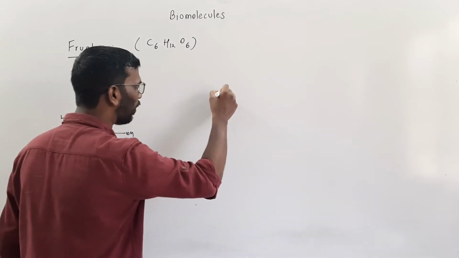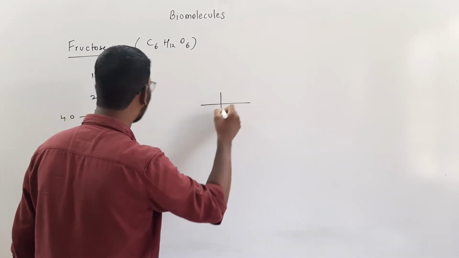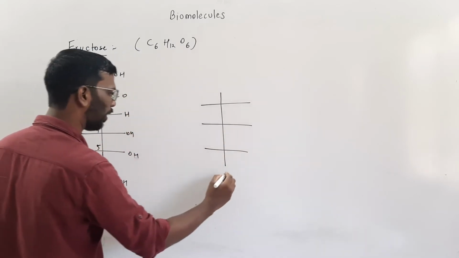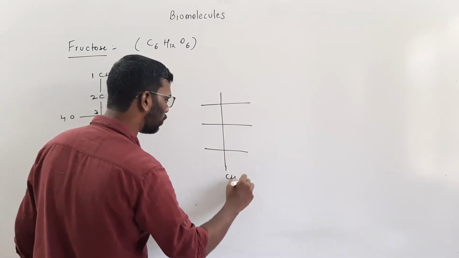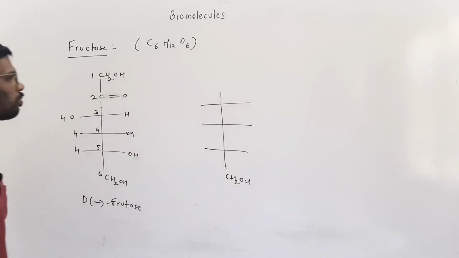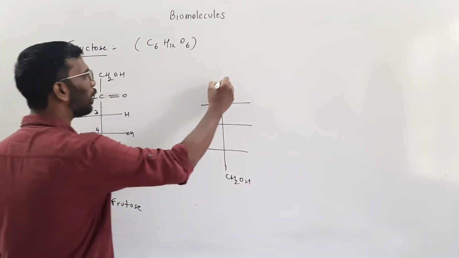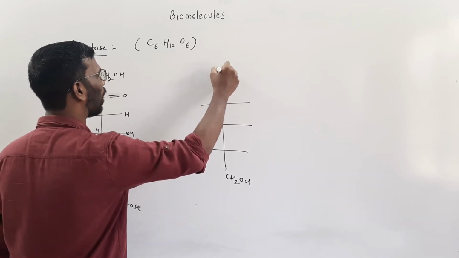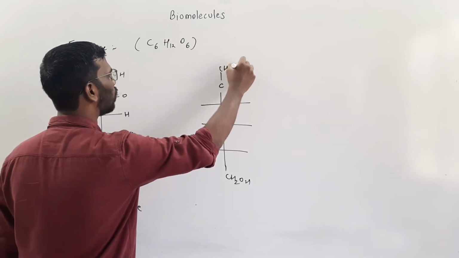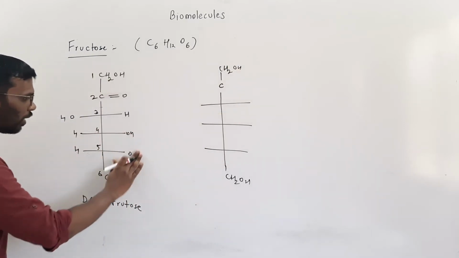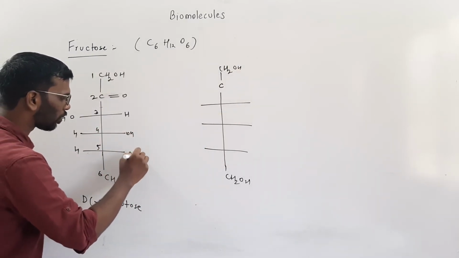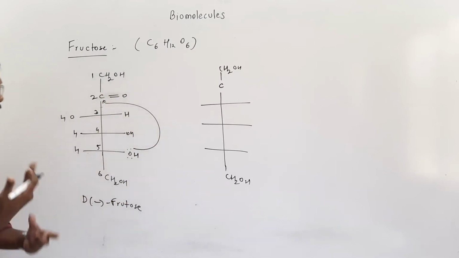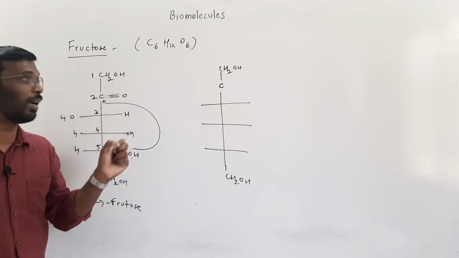So I will write that way over here, means this is my carbon 3, this is 4, this is 5, and this is CH2OH, right? And this is my carbon 2, because carbon 1 is this CH2OH. Means over here the attack of this is going to take place on this carbon, like the case in the aldehyde.